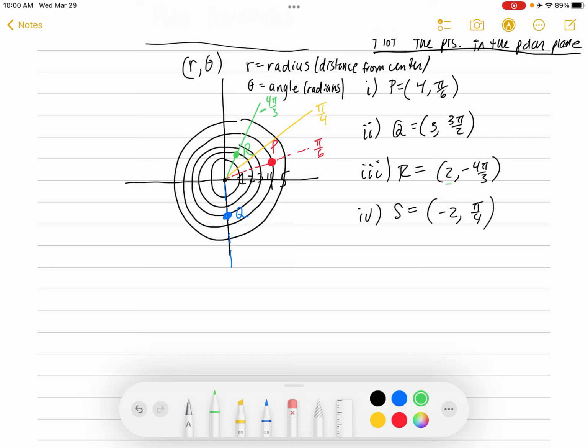Pi over 4. Oh, so this was a minus. I'm sorry, this is a minus 4 pi over 3. So back here. Okay, so back to pi over 4. Pi over 4 is that yellow